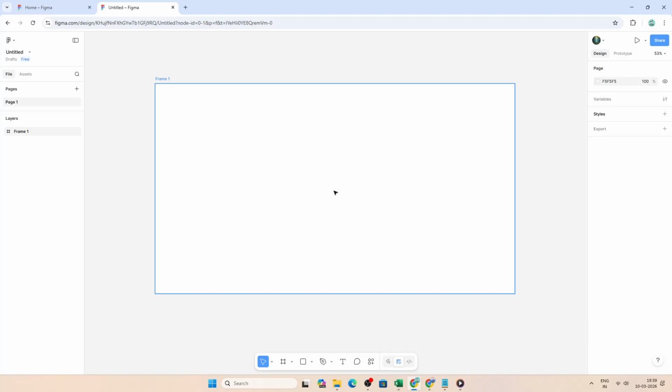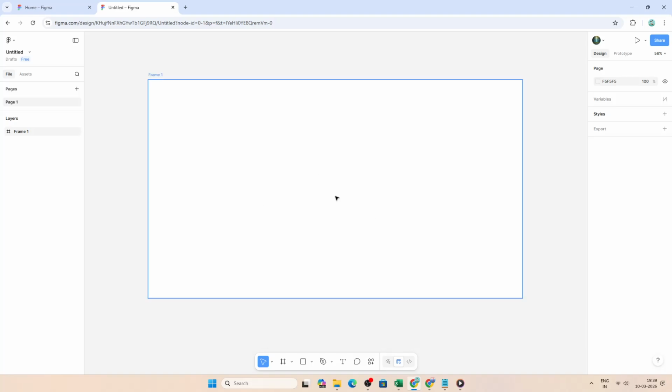In today's video, I am going to teach you how to create and modify shapes in Figma. To begin, open your design so you are looking at the canvas where you want to work. This is your main workspace, and everything you draw will appear here. Make sure your file is active, and you can see the bottom toolbar since that's where we'll find the shape